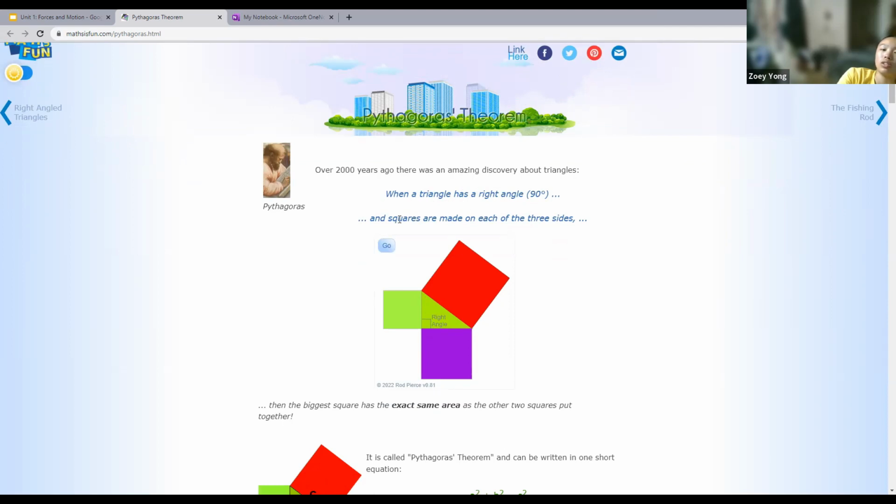That's a right triangle. And then what he discovered was that if you made a square on each side, like this side of the right triangle, you have this square, and then this side of the triangle you have this square, and that side of the triangle you have this square. You can check out this animation, it's really cool. Squares on each side, you can move it